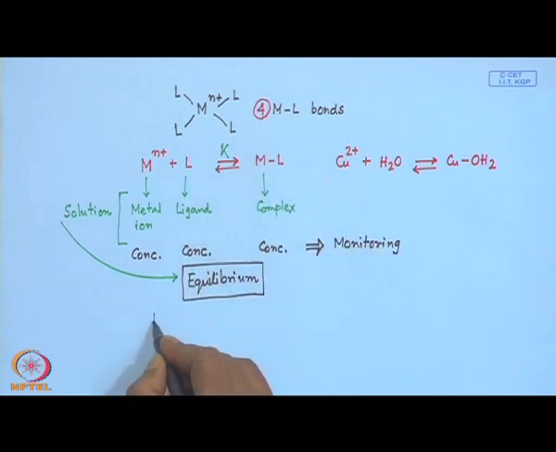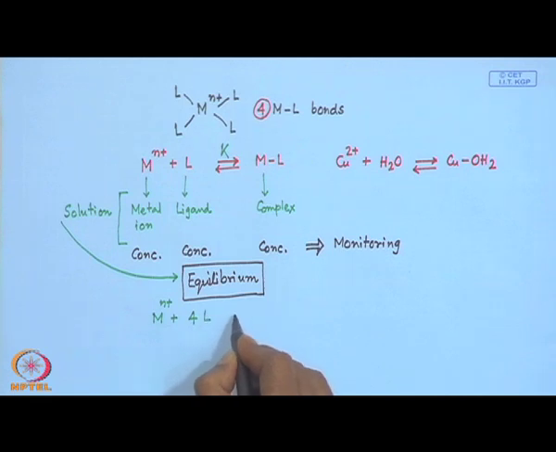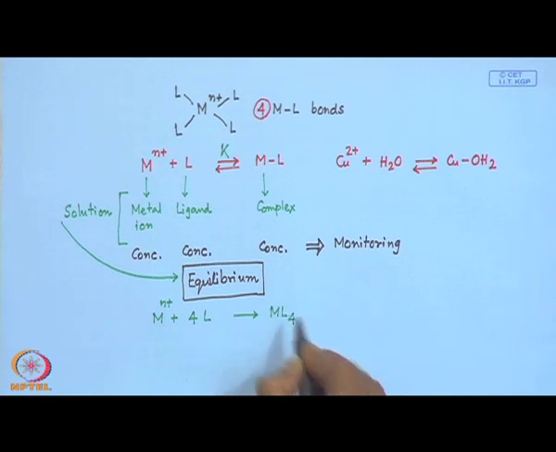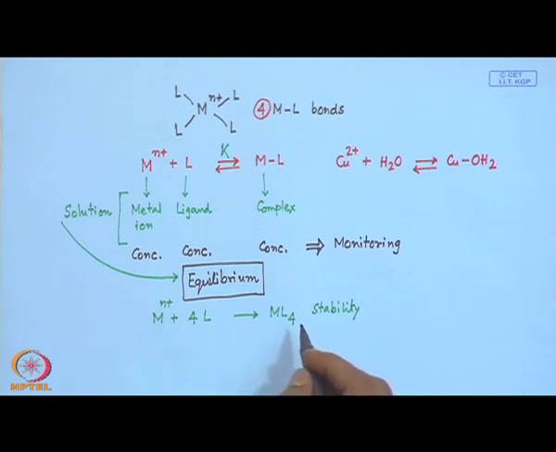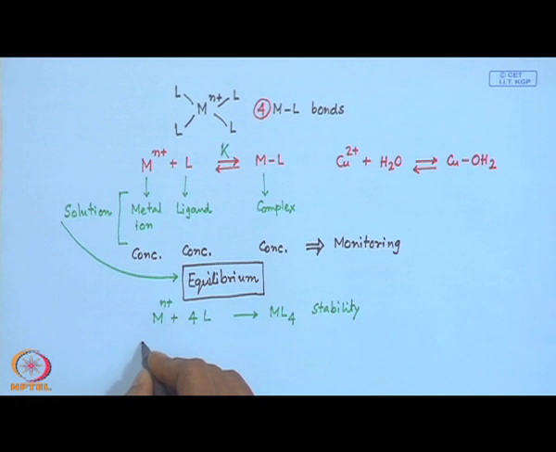That means, if we use M with 4L, whether we get the corresponding ML4 species and how stable this particular ML4 species is, we can also monitor. So, the stability of the complex can also be found out by monitoring this corresponding equilibrium process,